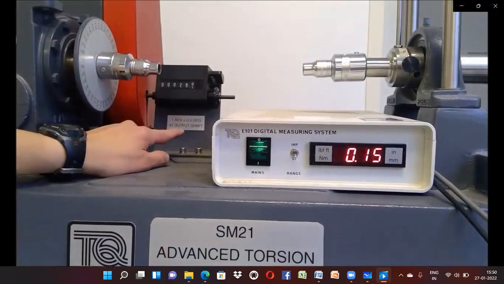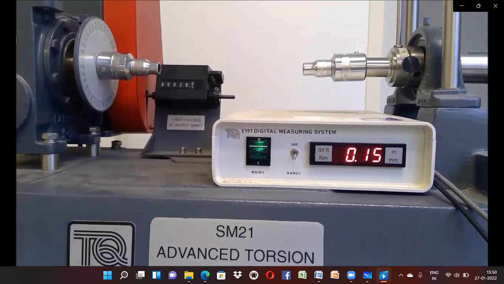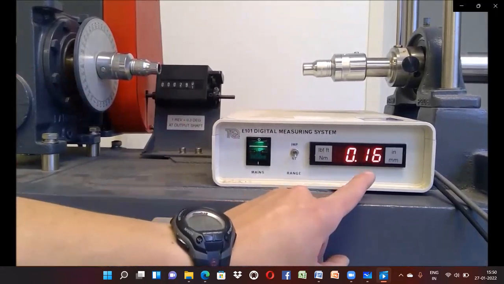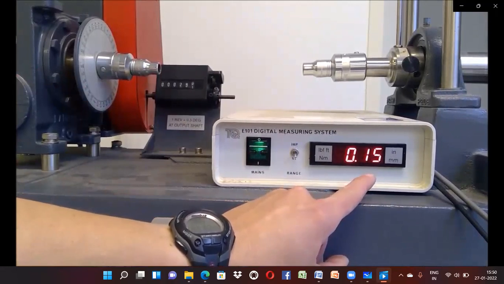So we see here on the information plate, 1 revolution equals 0.3 degrees at output shaft. As you can imagine, in order to twist the test piece through 0.3 degrees every click, we're going to need to place it under a torque. And what we have on this second display is a reading of the torque that's required in order to twist